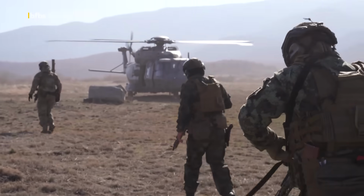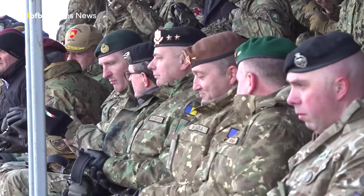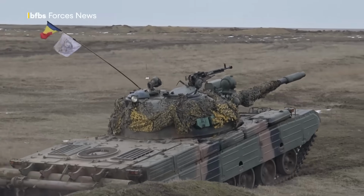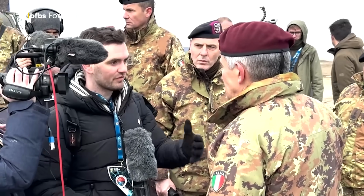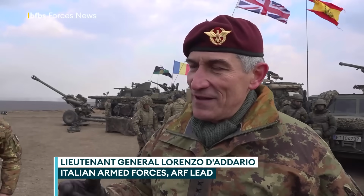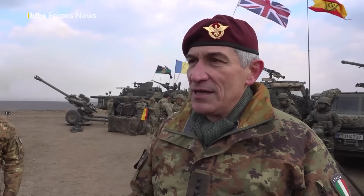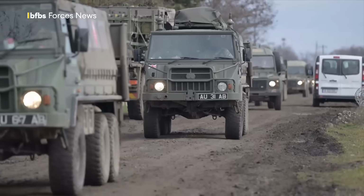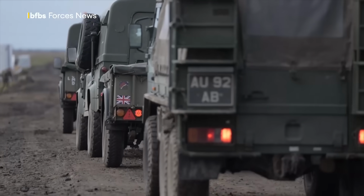With the force sustained over 3 months, the drills span Bulgaria and Greece as well as Romania. Military leaders need to know thousands of kilometres won't stop NATO from defending its own when the clock is ticking. Given that some of the British forces, for example, came by ferry, how long do we have in your estimation? Some elements of it can be deployed faster than others at a very short time, and it also depends on where you have to go. You know, there's air transport, and there are priorities that are made on what you're required first in a specific mission. What we plan with the various components is actually